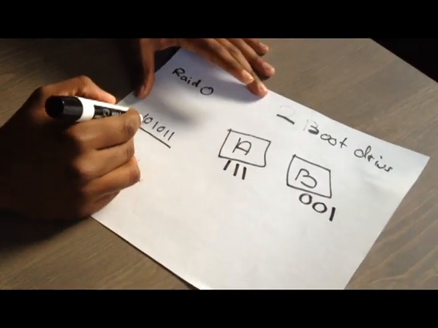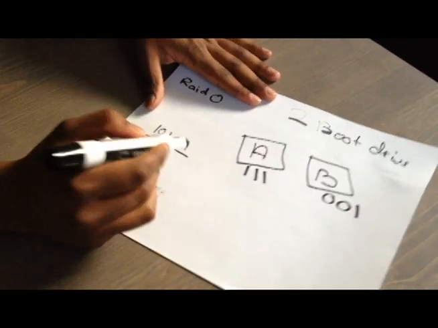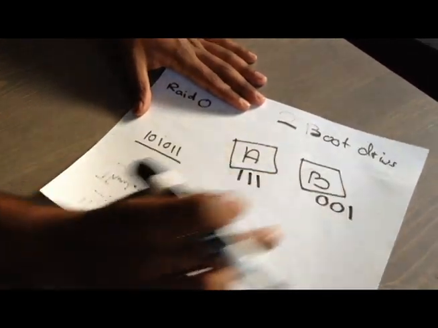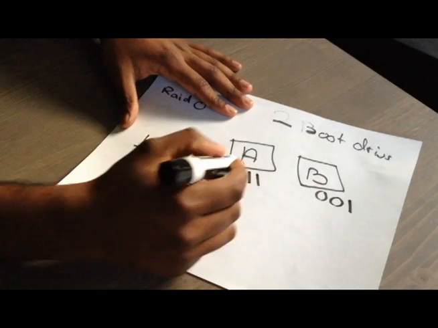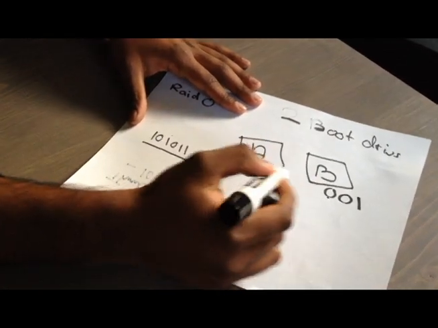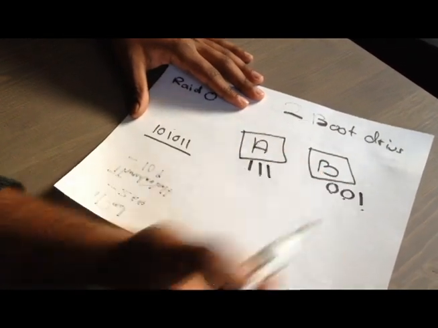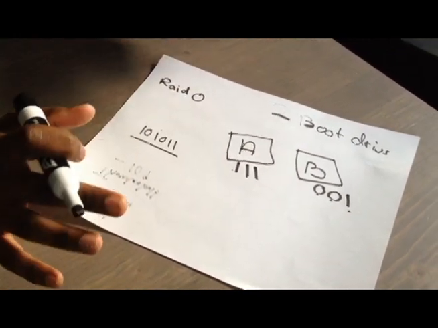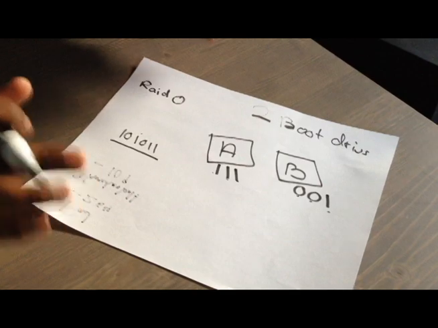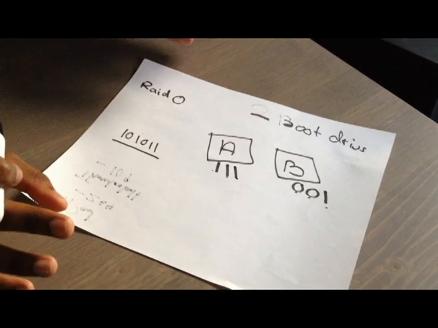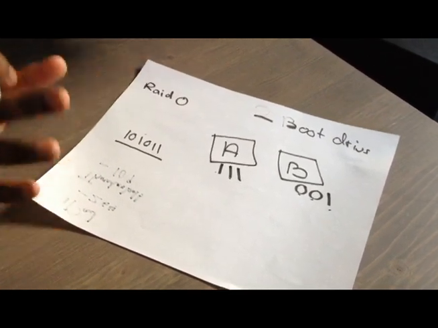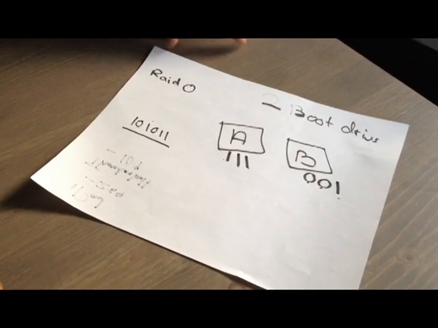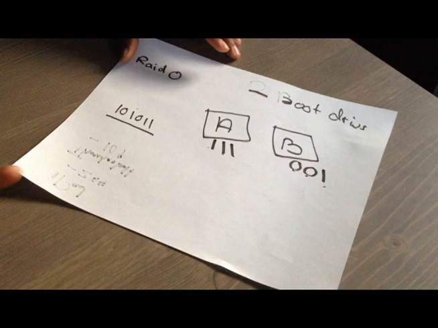So effectively, this 6 character long code is only being written as if it were 3 characters long on 2 different drives. So it reads 1, 0, 1, 0, 1, 1. This is the fastest way to have your system. And basically what it does is it breaks up all the data you're writing to a single volume into 2 discrete drives. Now to set that up, you'd have to partition both of these drives into a single partition, and